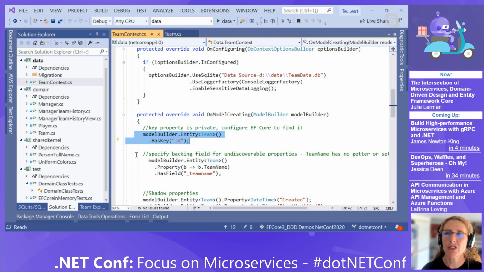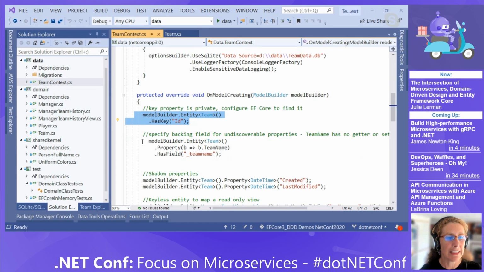But Entity Framework is giving me all kinds of great configurations that I can use to get around that and still be able to map things without having to worry about it. So in this case, I needed to explicitly let Entity Framework know about that field called team name. And the reason I'm doing it as a magic string here is because the field's private, so I can't use a lambda.